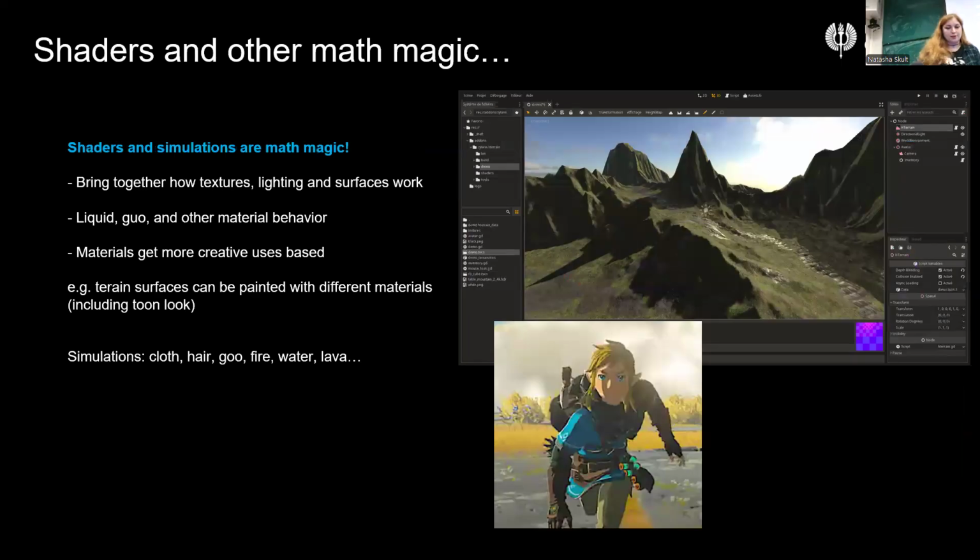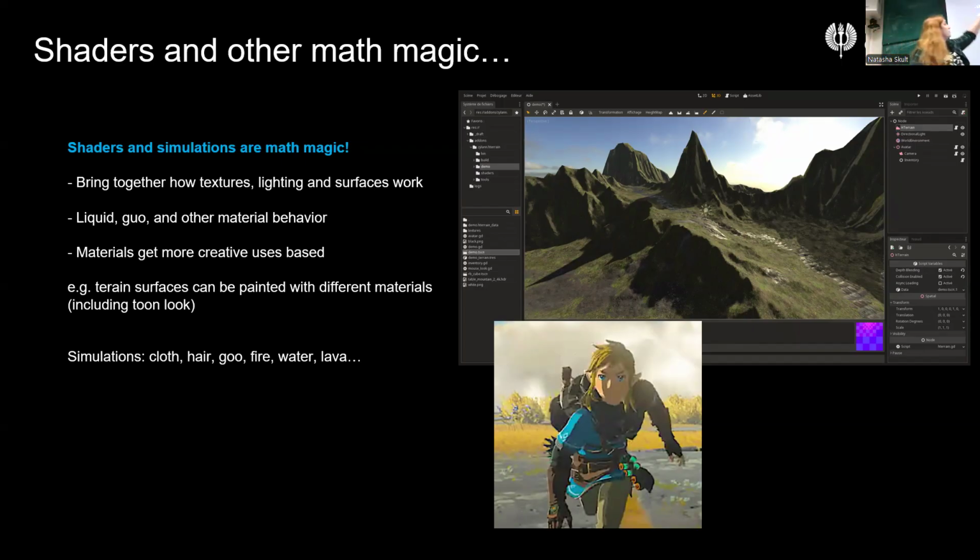Now, about the shaders and other math magic. Simulations as well, besides the shaders. So basically everything that brings things together when it comes to textures, lighting, any kind of surface work. That is really the part where tech artists step in.